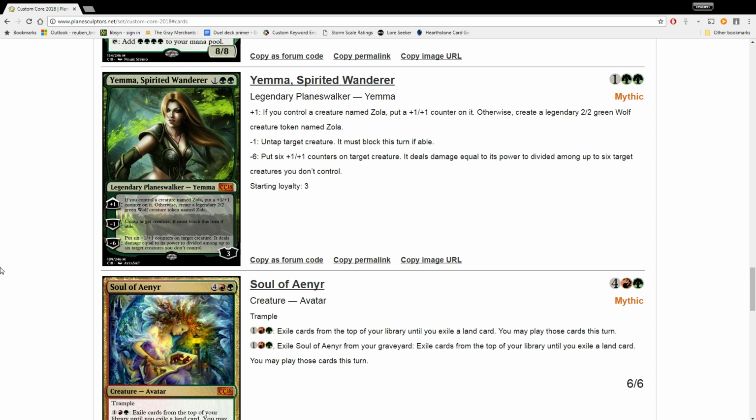Okay, so there's a typo. It deals damage equal to its power divided. One issue with non-white midrange decks is that there aren't enough good 3-drops. This fixes that. Yay, good. Oh my god, I've wanted a good green 3-drop forever. Like, the fact that...